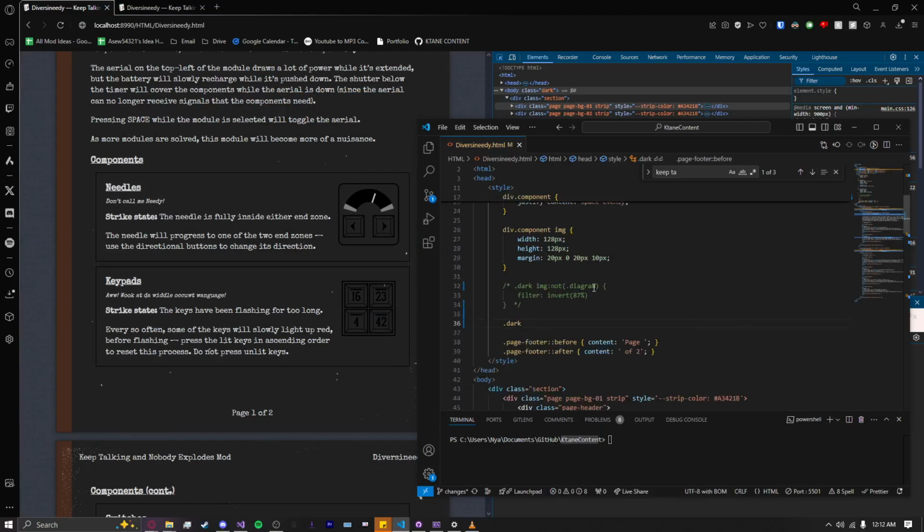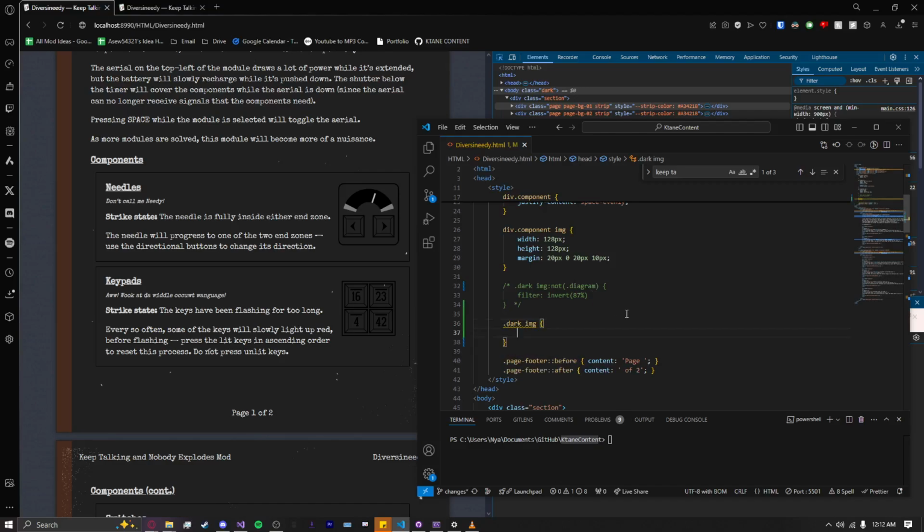But that's fine, we don't need that, so we can just say image. And then we want to basically invert it. And since this is done a lot of cases, many people have found the specific number we want to just invert things. So you just want to say filter, invert, and then 87%. And then when we refresh,